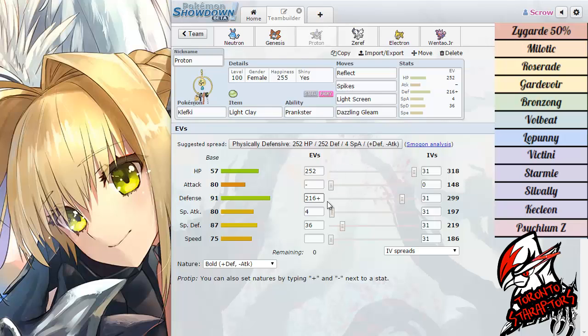So the EV spreads are just max HP and mostly defense, a little bit in special defense in case I have to take a Hidden Power Fire from that Roserade, and some in special attack to help with the Dazzling Gleam, and the Bold nature, of course. And one thing I do like to mention, if he does bring the Roserade, I'm more expecting a Natural Cure set instead of a Technician set,